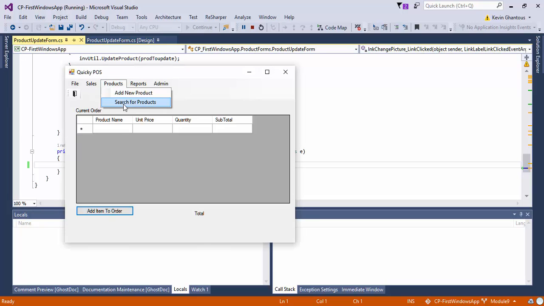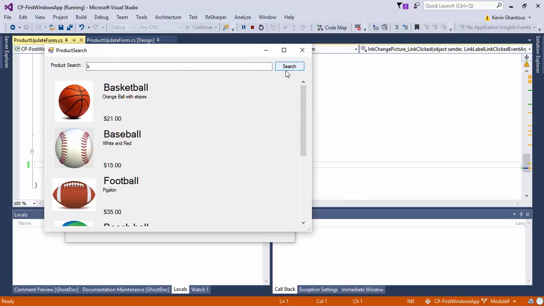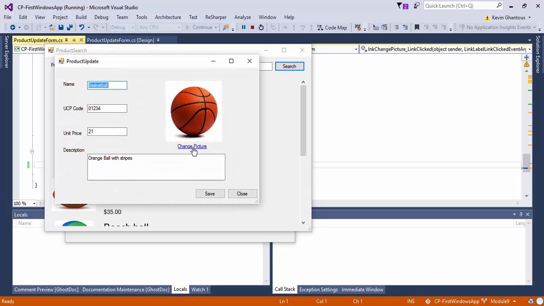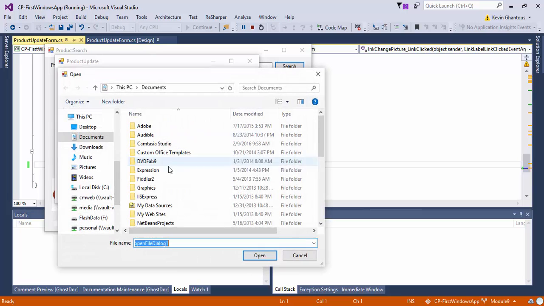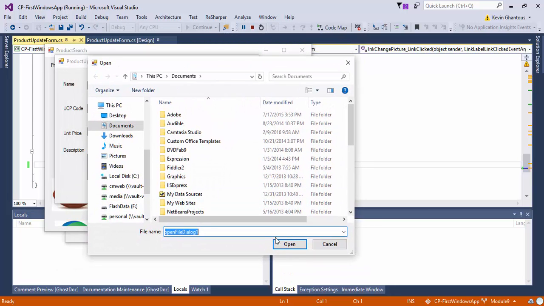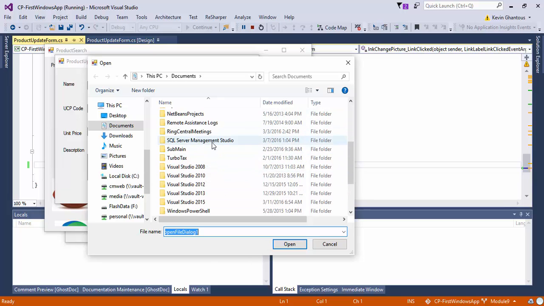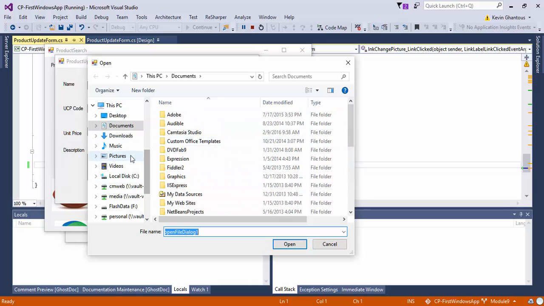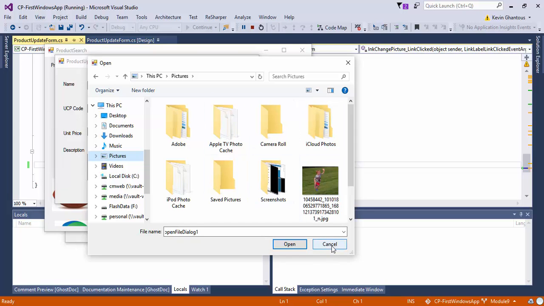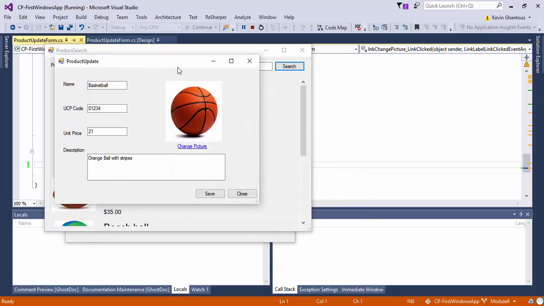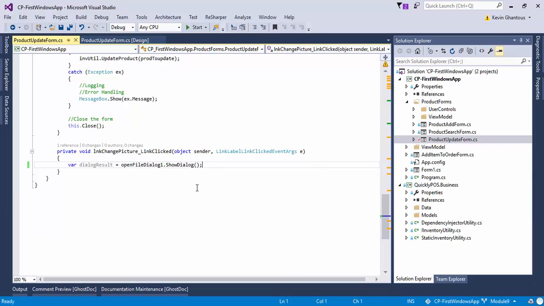Alright, so I'll go to products, search, B for ball, and we'll go ahead and choose the basketball. So double click on that, and then I'm going to click on this change picture. So clicking on that brings up an open file dialog, and I can browse through my operating system and look for all my pictures and everything and actually find files that I would want to upload. So from there we now have that functionality, but nothing's really happening because all we're doing is opening the dialog and closing it. So in the next piece that we'll need to do,